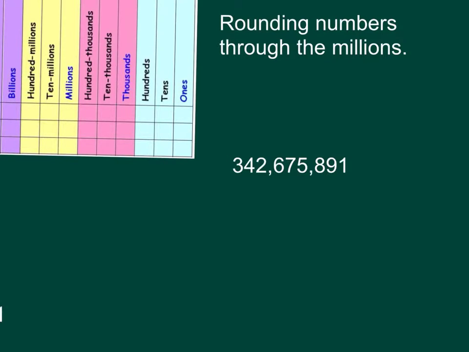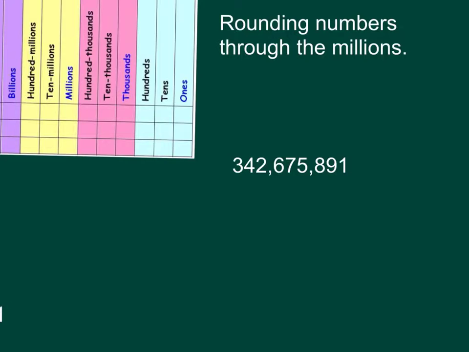Okay, let's talk about rounding the larger numbers. Once we are familiar with the place value up to the millions, we can round our numbers no matter how large they are. And we round it similar to the way that we rounded our numbers that went up to hundreds or 900s. We still have our little saying: if it's 5 or more, let it soar; 4 or less, let it rest. And one of the things we need to do, let's say we wanted to round our number to the nearest